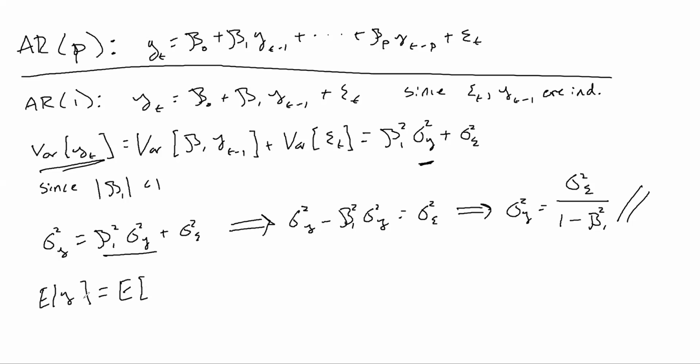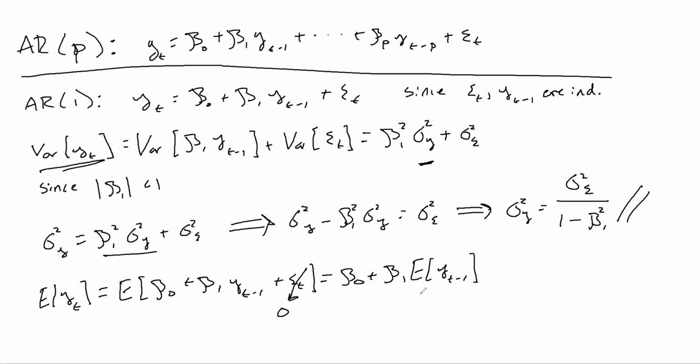So the expected value of yt will be equal to the expected value of beta 0, which again is just going to be beta 0, plus the expected value of yt minus 1, plus our error term of t. So the error term, the expected value of that is going to go to 0. The expected value of the intercept is going to be beta 0. And then you can factor out the constant beta 1, you can always factor out constants when you do the expected value, which would give you the expected value of